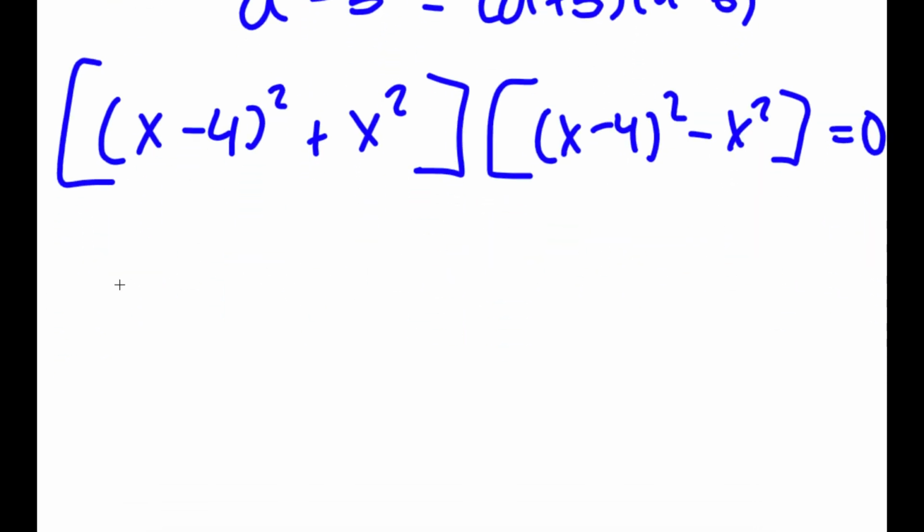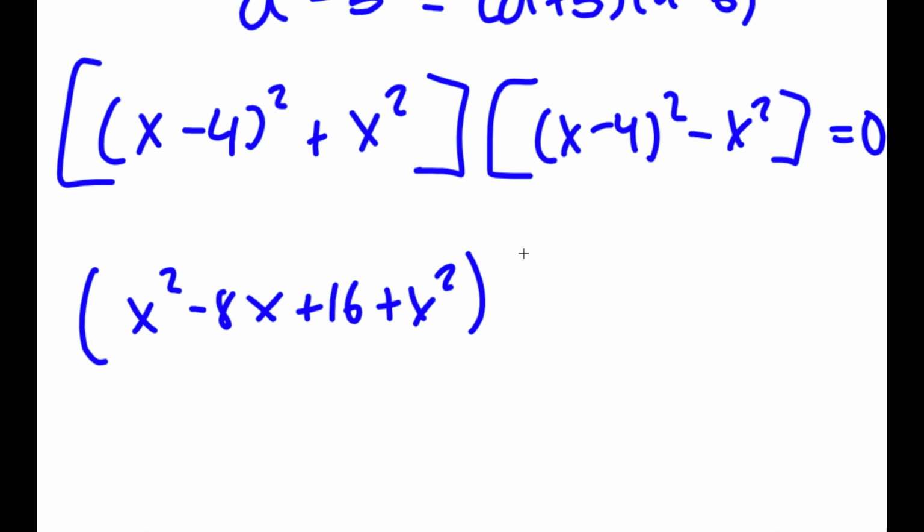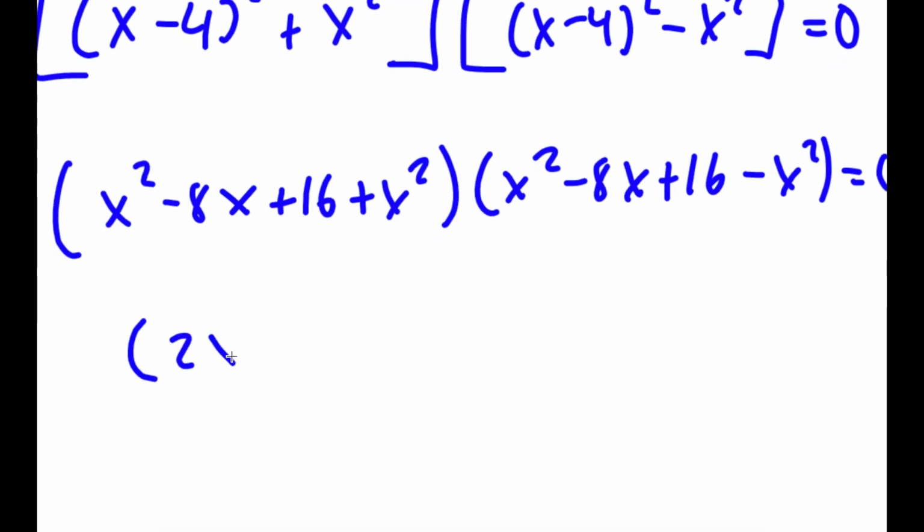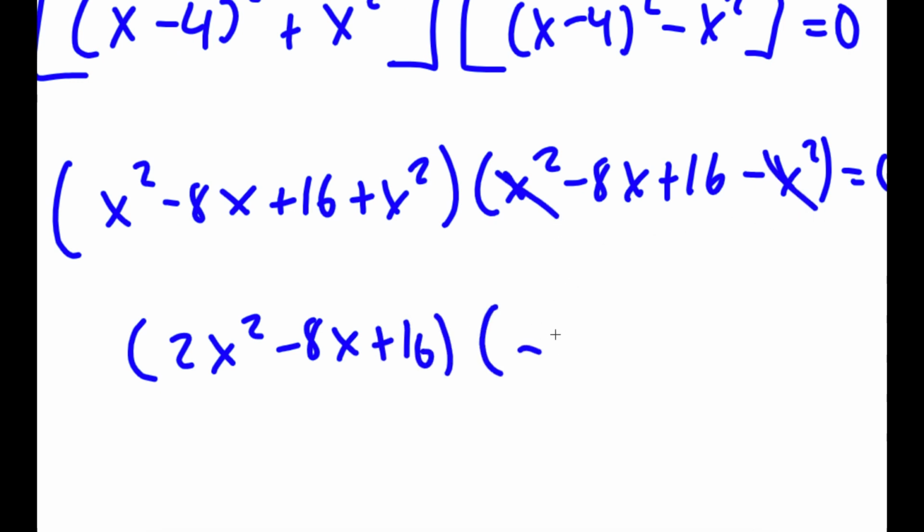Now, if I expand this, I get x squared minus 8x plus 16 plus x squared times x squared minus 8x plus 16 minus x squared is equal to 0. So this gives me 2x squared minus 8x plus 16 times, these two cancel out, negative 8x plus 16 is